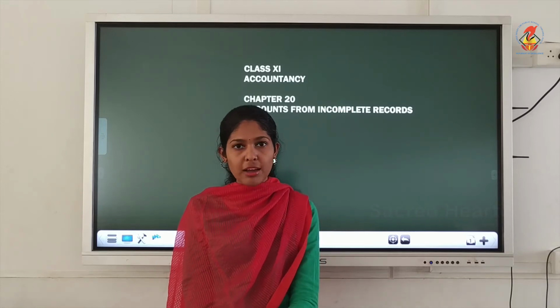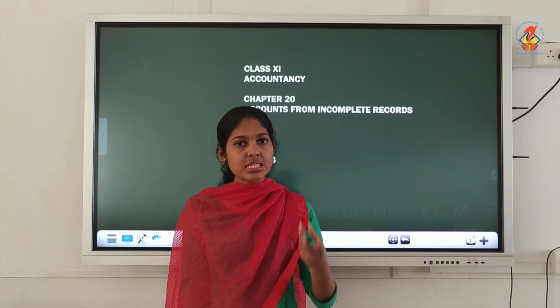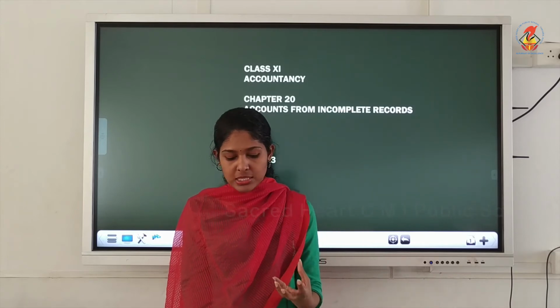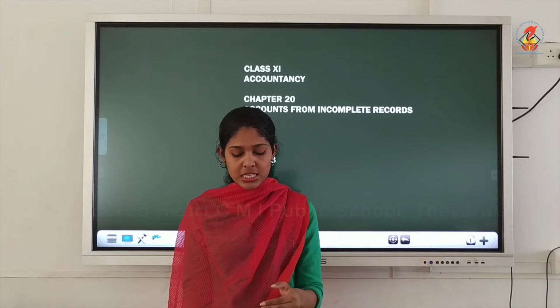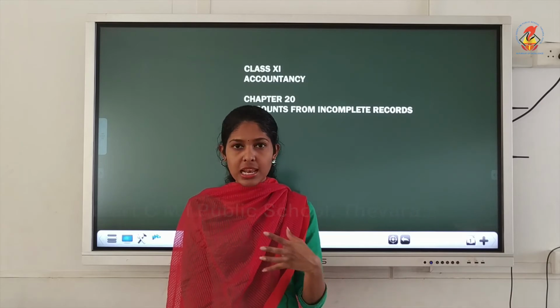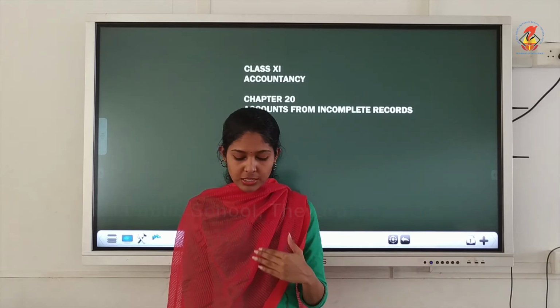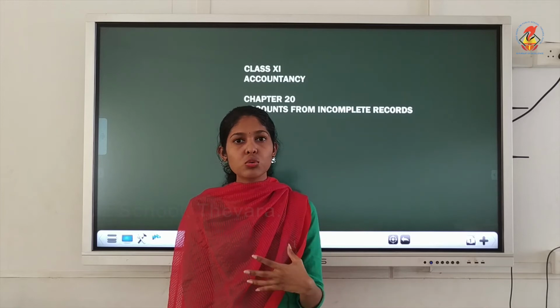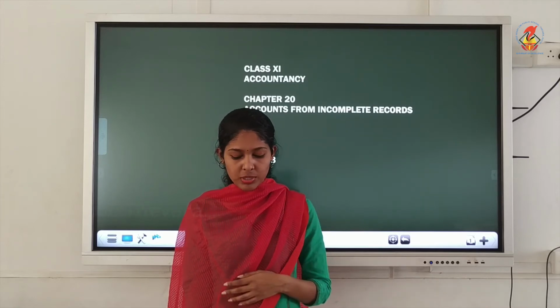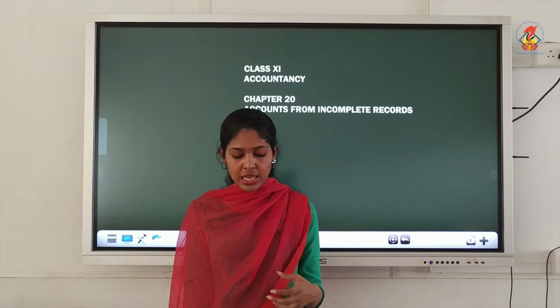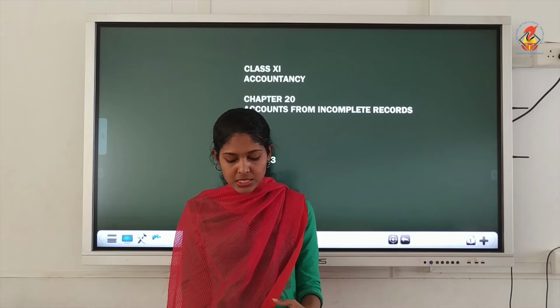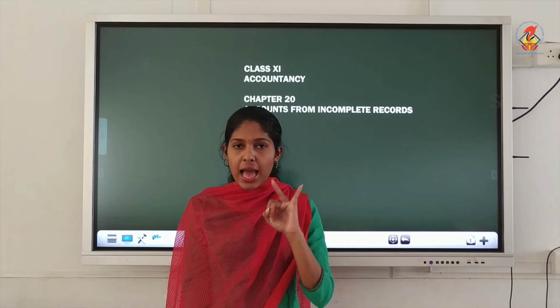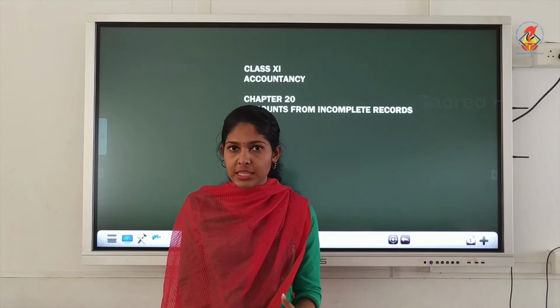Okay. So first we have to see whether we have closing capital and opening capital. In the question, if you see, it is given that on 31st March 2018, his position was so many assets and liabilities are given. Similarly, on 31st March 2019, that means closing assets and closing liabilities are also given. Then we have a sentence like Prashad withdrew 8,300 for domestic purpose and he introduced further capital. So that is additional capital and drawings which we have to apply in the formula.